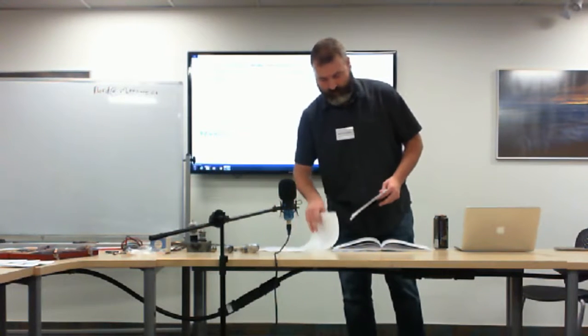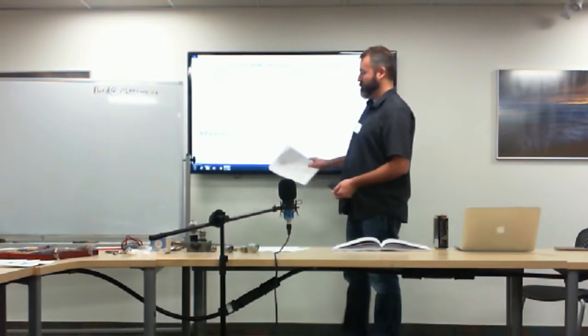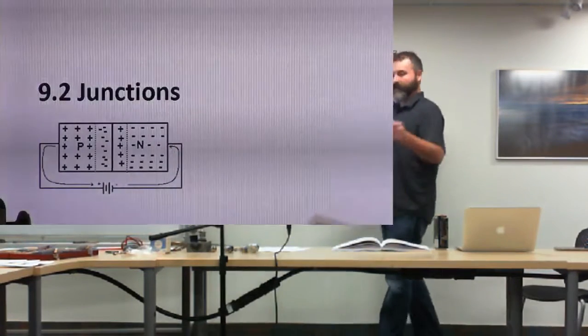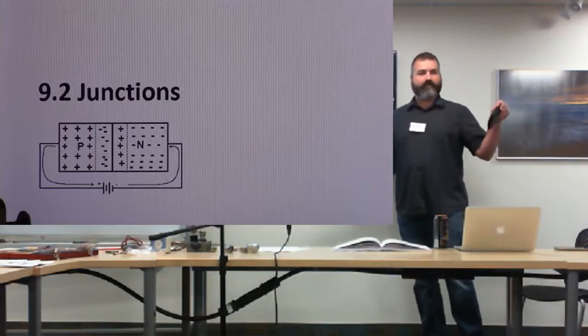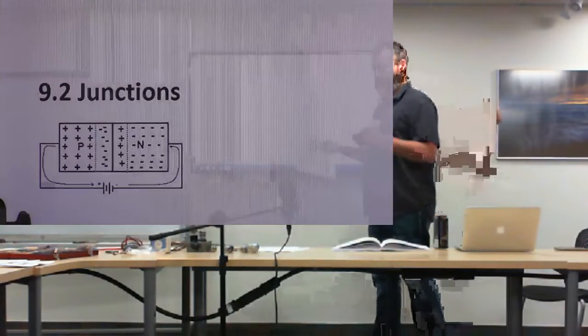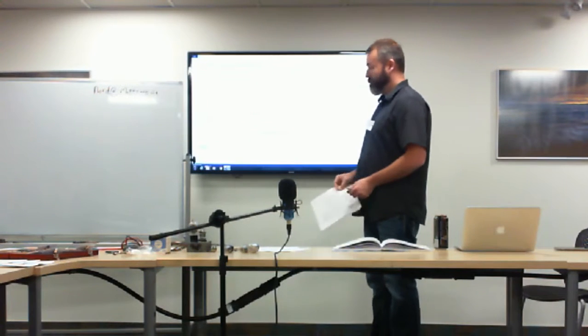So basically that's how they create the two types of semiconductors, N and P. So now what can we do with this? You can create a junction. A junction, in this situation, we're going to show a PN junction. So we take some P material, we take some N material, stick them together, put some diodes on the end, and it creates a diode. But how a PN junction works,